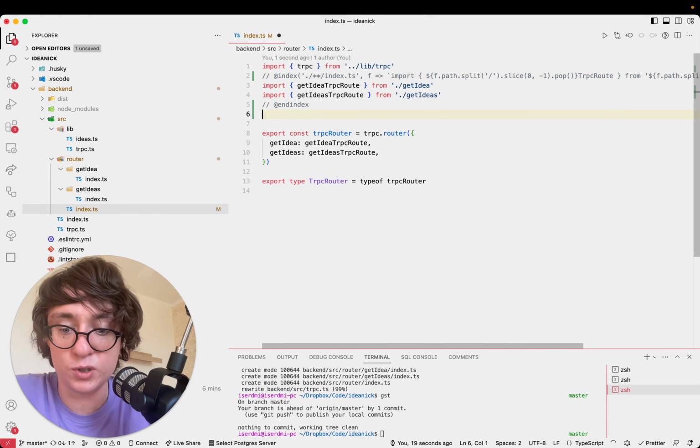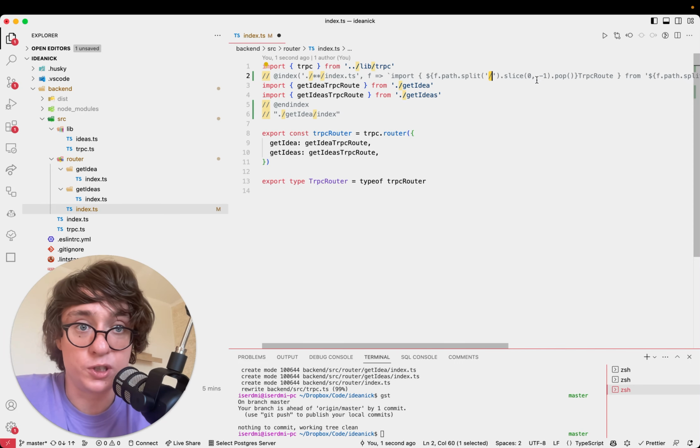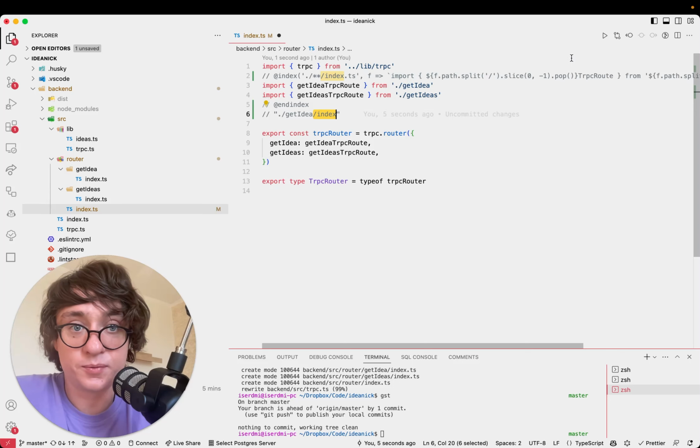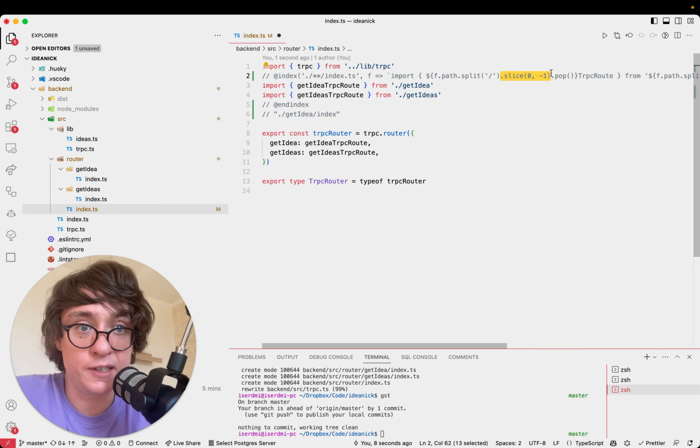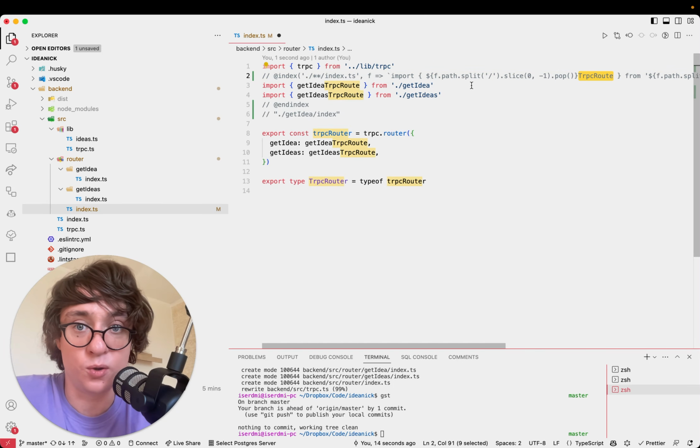The path was like this, right? We take the path, split it, cut off the last piece. We literally cut the index with this command, and then with .pop we extracted this getIdea, and then appended it. That's all. Then a simple curly brace from